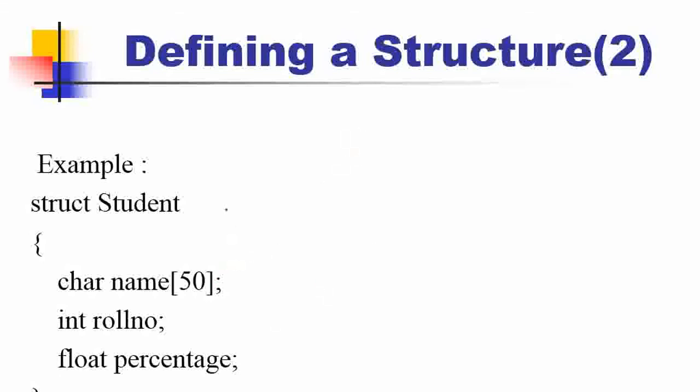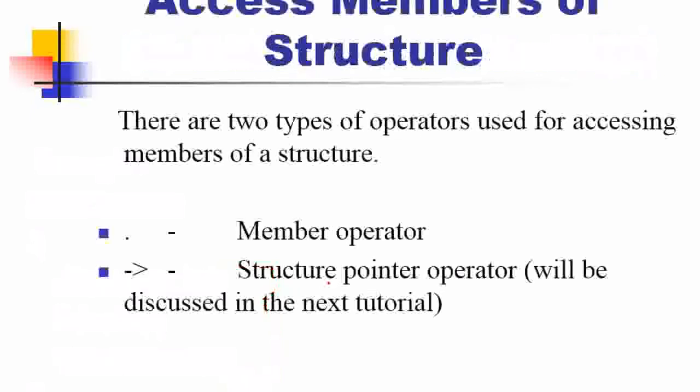So here if you see, this is the size of the structure. If we add all the sizes of what we have written over here, it will be the size of one structure variable. But up to now there is no size allocation, no memory allocation going on here. Next, there are two types of operators used to access members of a structure. Two types of operators. You forget this as of now.